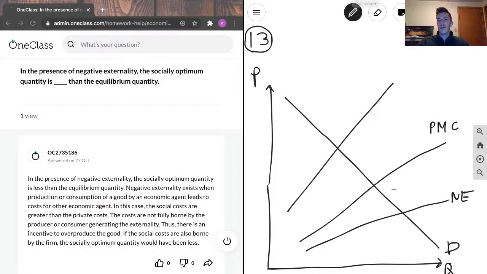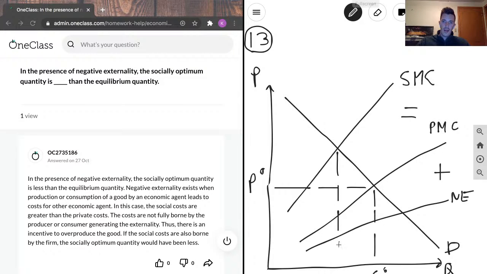To price at the social marginal cost, we need to include the negative externality in with the private marginal cost. This is called internalizing the externality. And by summing the two, we will get the social marginal cost or social market cost. I can't remember which in this case. So by adding these two, we're able to get these two. So what would originally be the equilibrium quantity and price, P star and Q star, by accounting for the negative externality, internalizing the externality,